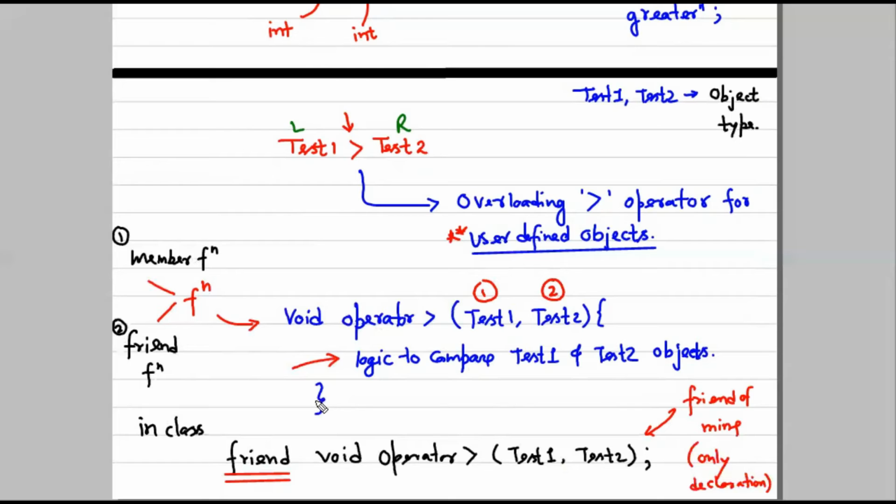So let's say we have 1000 classes, and they will be executing the same logic 1000 times. If we write it inside each and every class, and they all call the same type of logic, then to make it a member function we have to write this function 1000 times inside the classes. Otherwise this function wouldn't be a member function, right? So I have to define it either inside a class or outside a class.